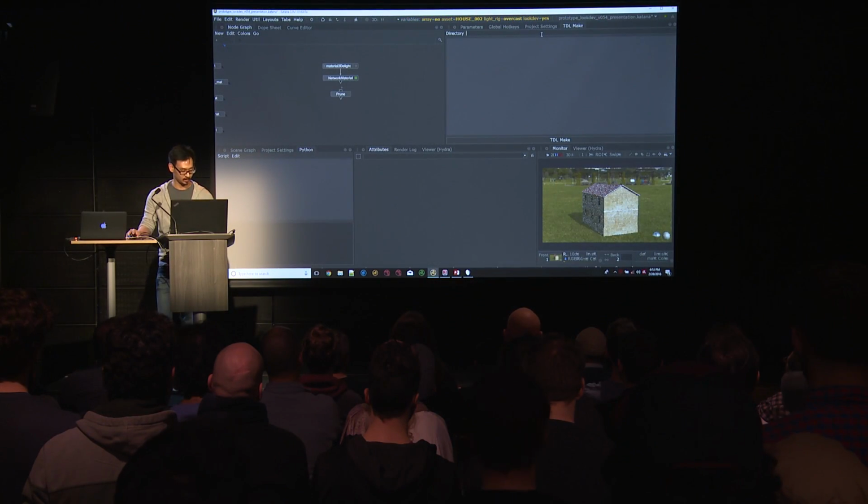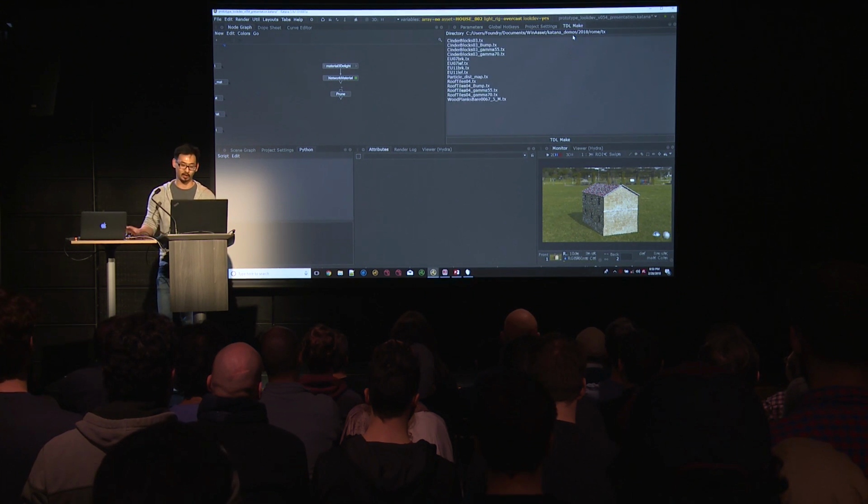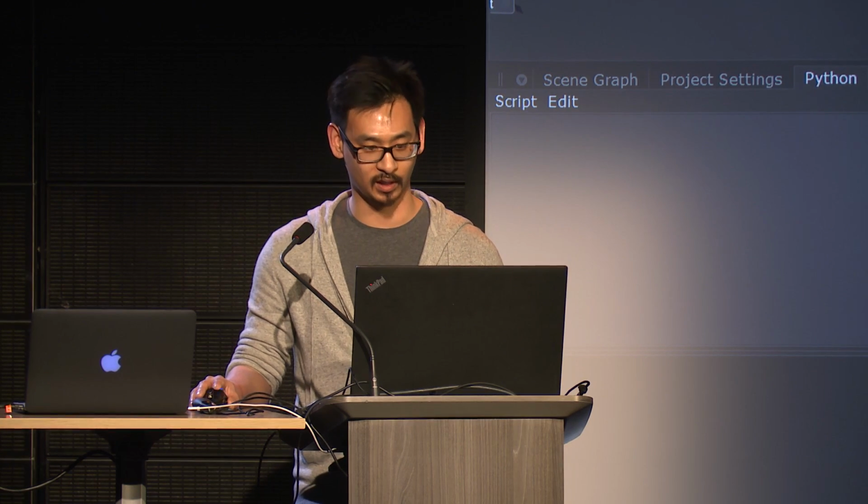If we look inside of this, what it's going to do is essentially grab a directory and list all the files that are images inside of that directory. The user can then select whichever ones they want and convert them to TDLs for future use without having to leave the application. Finally, we'll push it a little bit into super tools, which are essentially a group or macro node,